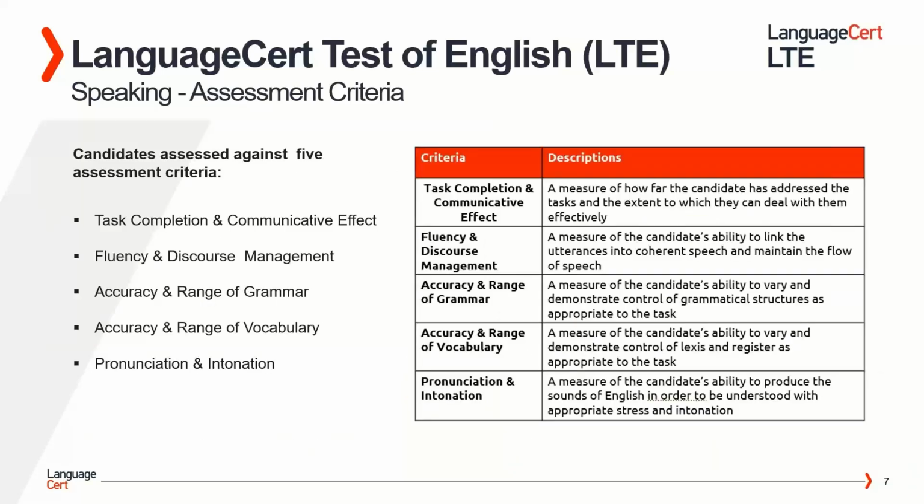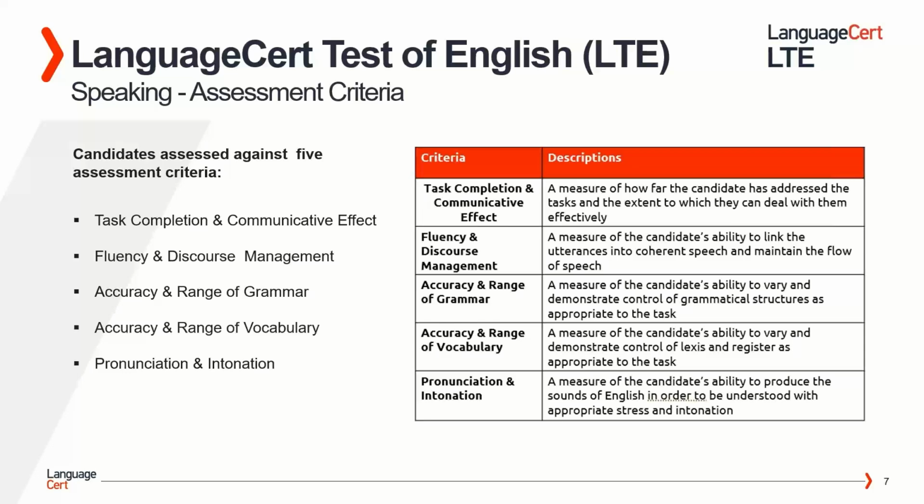How are the test takers assessed? You can see here the assessment criteria that the assessor will use to evaluate their oral performance. There are 5 criteria: task completion and communicative effect, a measure of how far the candidate has addressed the tasks and the extent to which they can deal with them effectively,